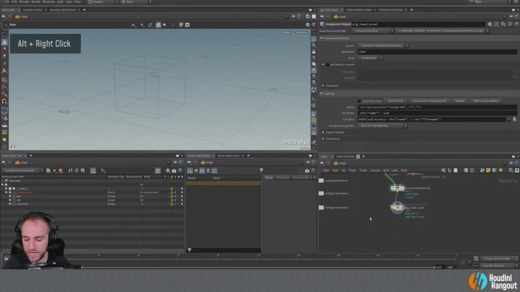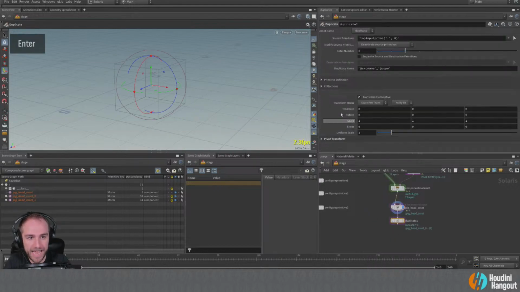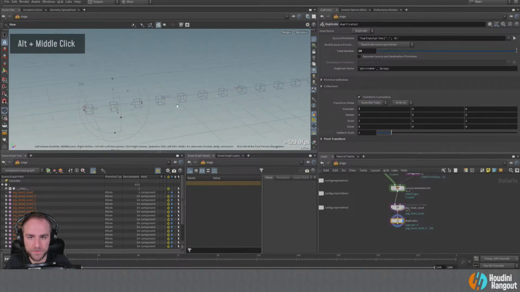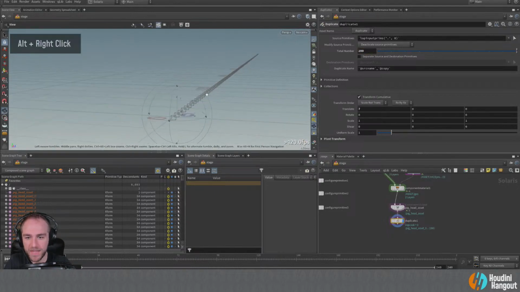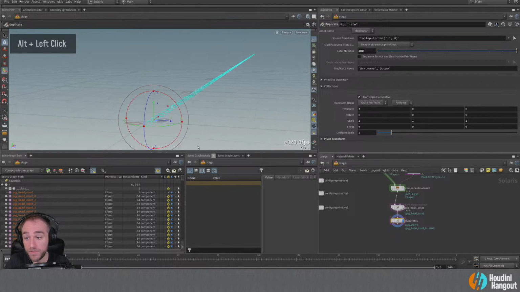So in this case, if I was to do something like duplicate, just add a bunch of copies of this here, right? So we'll do 20, and I'll just translate them a little bit, right? Oops, probably too much. So now we've got a bunch of copied pig heads here, and you could go kind of crazy with this, right? You could do 200 or whatever and have a whole bunch of them in here. And so really we're not going to get any viewport hits from these because they're unloaded in the viewport.